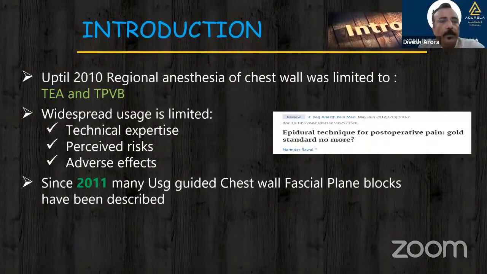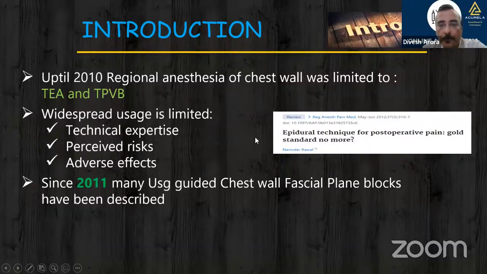So my dear friends, up till 2010, if we actually see regional anesthesia for chest wall surgeries, it was limited to gold standard number 1, that is thoracic epidural, and gold standard number 2, that is thoracic paravertebral block. But over the years, we have realized that the epidural technique is no more the gold standard, as published by a famous anesthesiologist of Indian origin, Dr. Narendra Raval, in RAPM 2012, where he had cited that if you have to give an epidural, first of all,